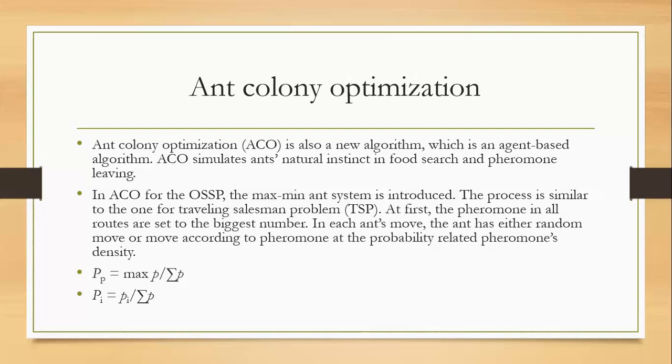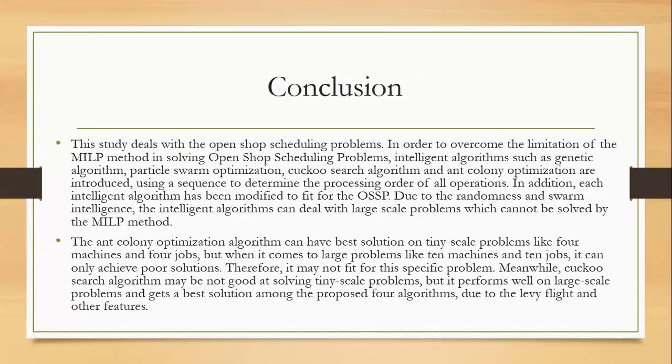Then the pheromone on every route is controlled in a specific range, and finally, to avoid local optima after the best route remains the same for a certain number of generations, the pheromone on other routes will increase to jump out of local optima. The process is repeated until a final solution is output. In conclusion,